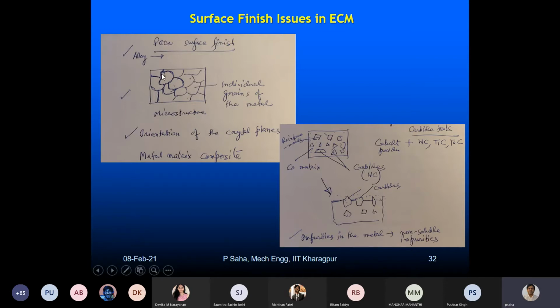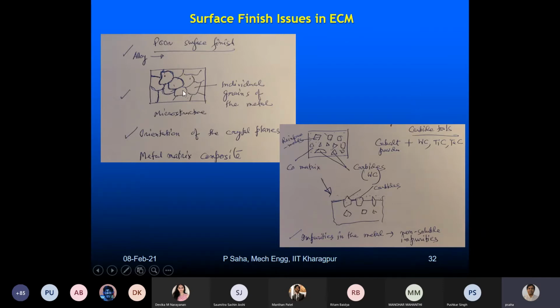So here, dissolution wise, at the grain boundary and at the core of the grains, the machining rates may be different. And typically these grains are not of nanometer size, they are of some micron size. So obviously such dissimilarity in machining rate happens at the grain boundary as well as in the grain body. What is going to happen? The resulting surface finish may not be so good.